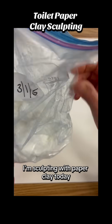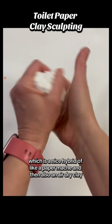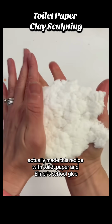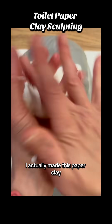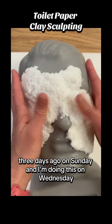I'm sculpting with paper clay today, which is a nice hybrid of a paper mache and an air dry clay. I actually made this recipe with toilet paper and Elmer's school glue, so my full recipe is one of my pinned videos. So I'm molding it with my hands. I actually made this paper clay 3 days ago on Sunday, and I'm doing this on Wednesday, and I'm pressing